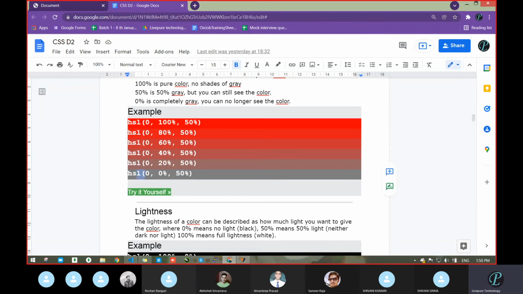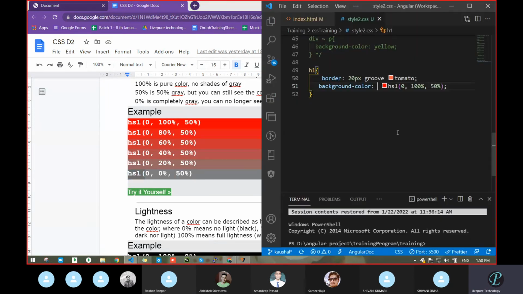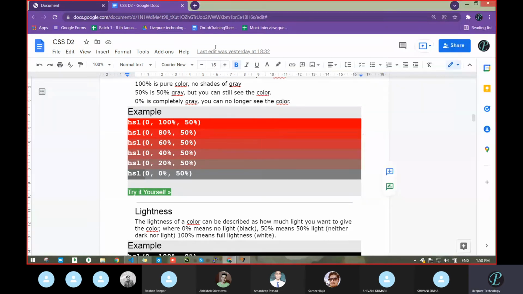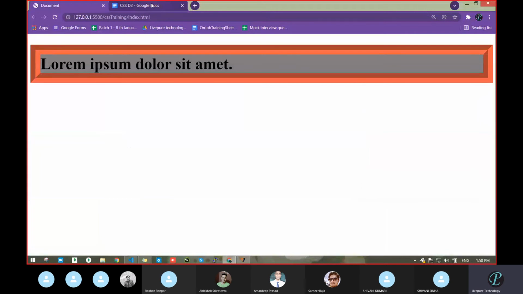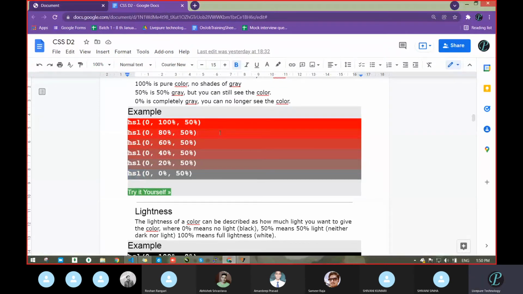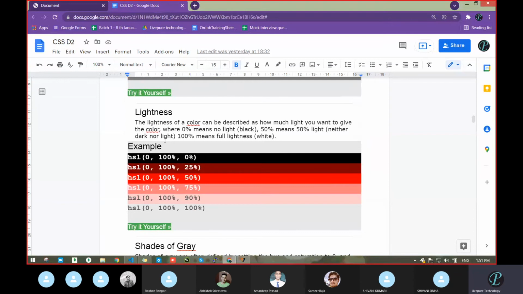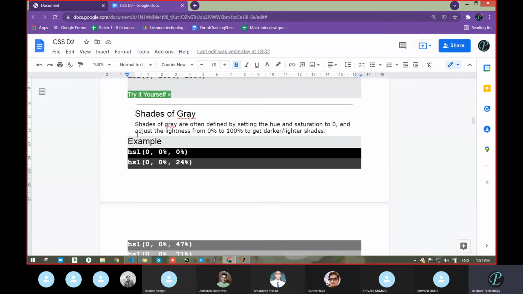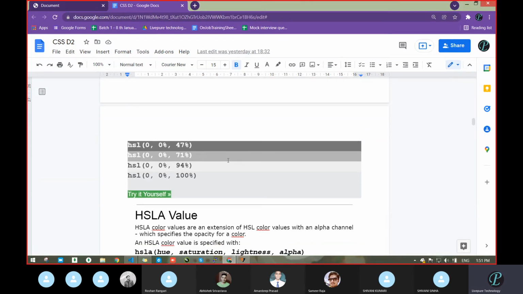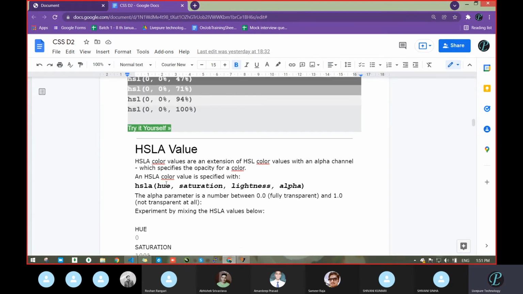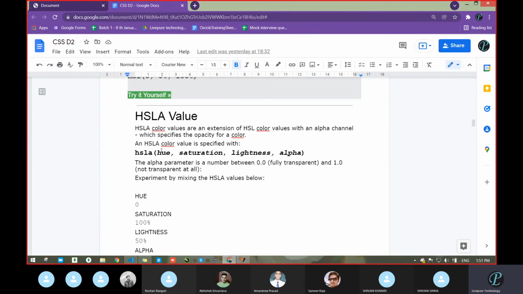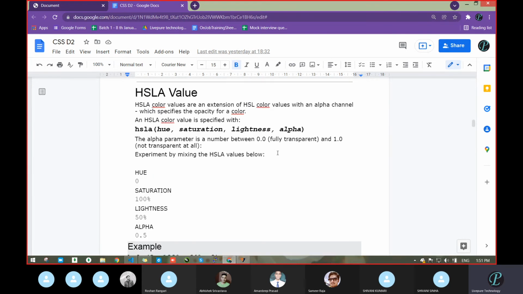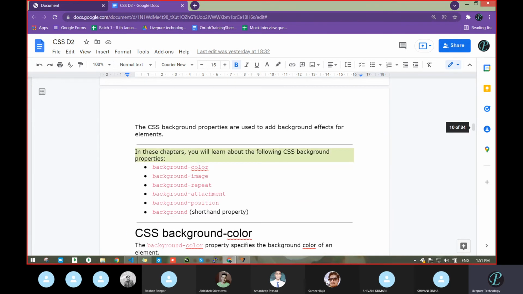When you give 0% and 50%, it becomes somewhat blackish. So there are different ways of making that. Now lightness is also the same, for shading purposes. If you pass this type of value, you will get some shading style. Then HSLA: hue, saturation, lightness, alpha. No need to remember all these things.